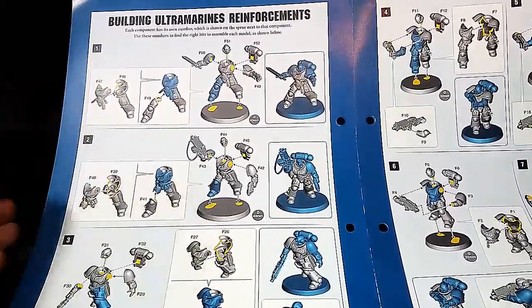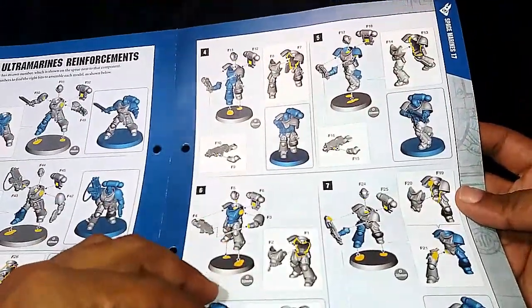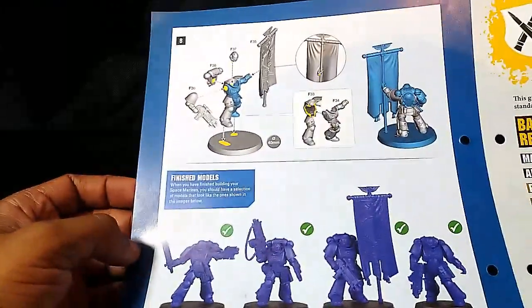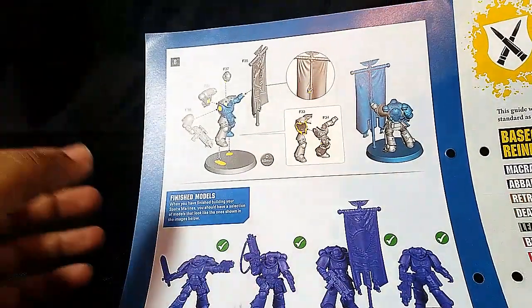So you've got your build there for your lieutenants. Continue there with your intercessors. Let's have a look, and on to the ancients. The ancients, quite an easy build there. I believe the real customization will come down to...